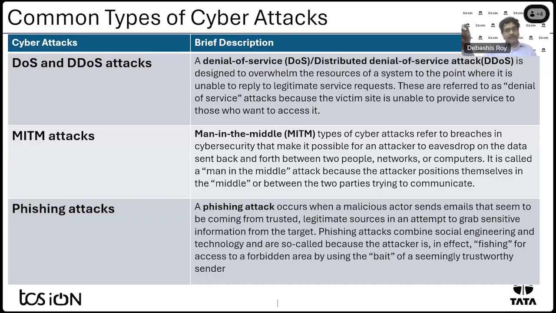Again, when a reply comes back from system B, it comes to the man in the middle and is then forwarded back to system A. System A and system B both think they are passing data through a router, whereas actually the router is being mimicked by the man in the middle, who poses as a router or routing hub and eavesdrops on each and every piece of information. It can only eavesdrop, or it can steal the information, or see all the data being passed across. So the MITM attack is a very dangerous attack.